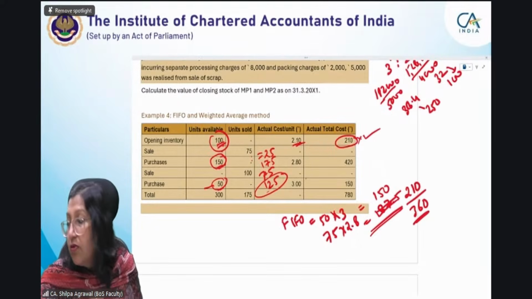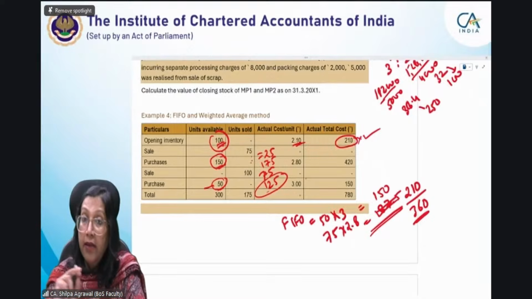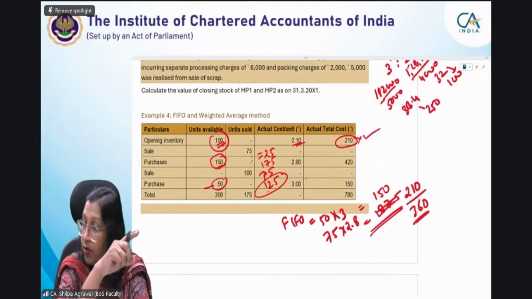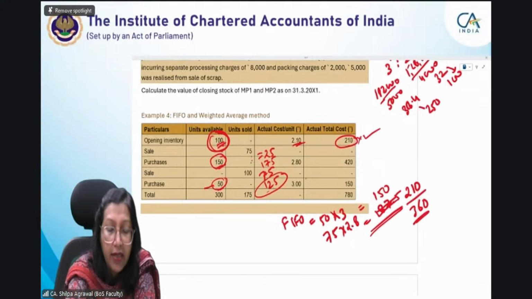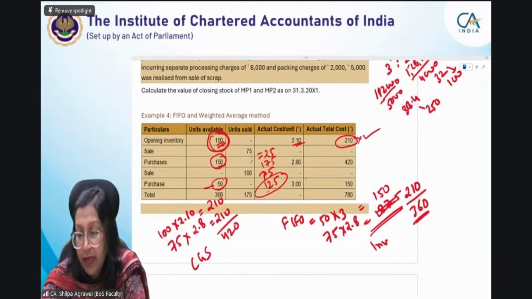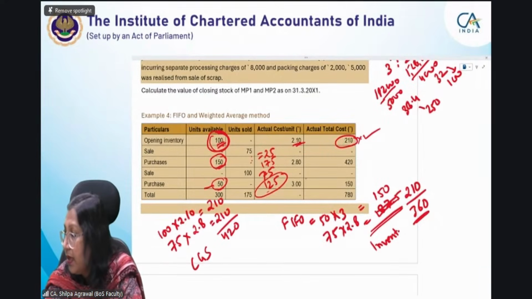Yes, this is the cost of inventory as per FIFO method. When we are talking about cost of inventory, मैंने आपको ये भी बताया कि first in first out में last जो cost है वो आपकी inventory होगी, तो cost of goods sold क्या होगा? I want cost of goods sold also. ये 100 unit into 2.10 और इस 150 में से 75 यूनिट जो कि आपका बिक गया at the rate of 2.8, 210 and again 210, 420 will be your cost of goods sold, and this is inventory value. Okay, clear? This was the case of FIFO method.